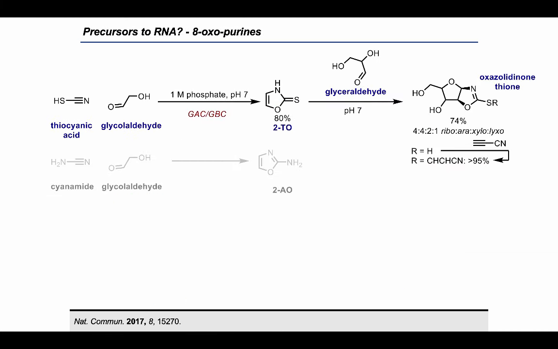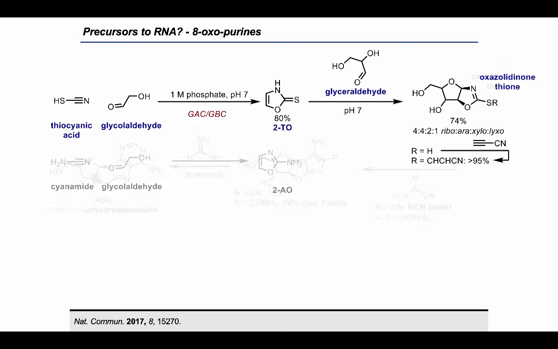Whilst almost all of the above work has focused on the synthesis of canonical nucleotides and nucleosides, various chemical investigations have been made into whether simple prebiotic reactions could have also formed other informational polymers that could possibly have preceded RNA or DNA. For example, by exchanging cyanamide for thiocyanic acid, the simple heterocycle 2-thiooxazole, 2-TO, can form in good yields. The reaction of 2-TO with glyceraldehyde, analogously to the reaction of 2-AO with glyceraldehyde, yields an intermediate pentose oxazolinone thione, which provides a means for further functionalization towards purine